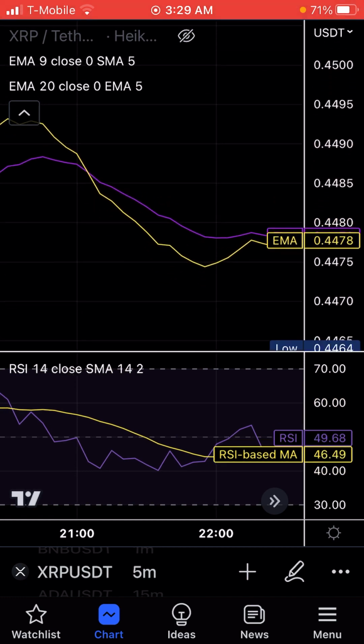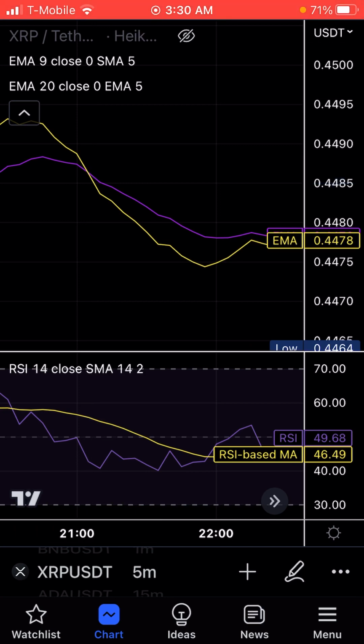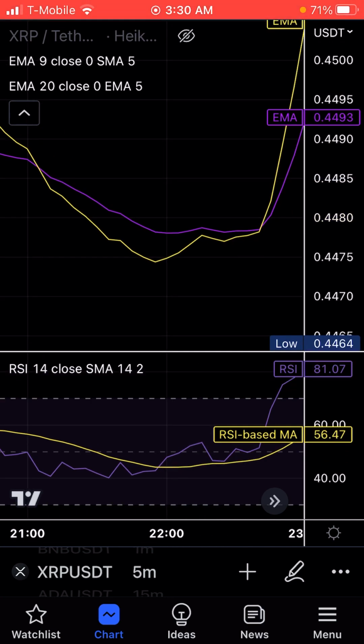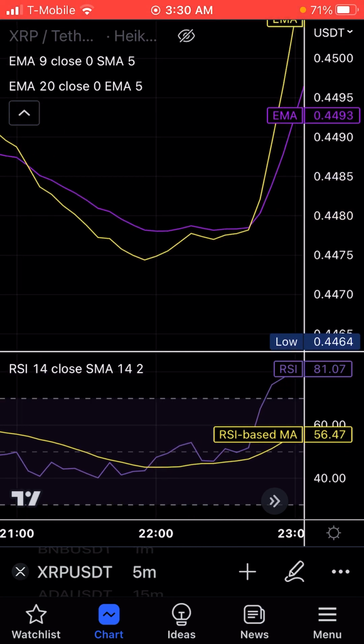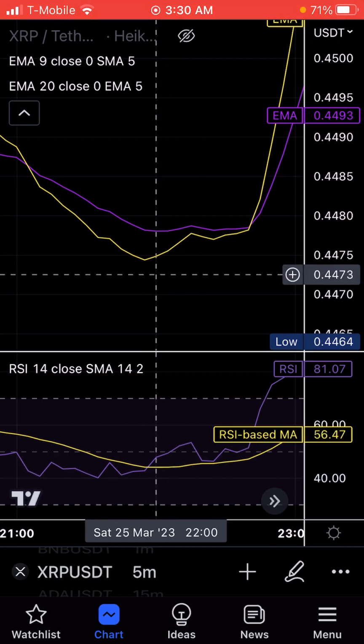If you want to find a good exit point, look at the first time it crossed, and then you can also look at your RSI when the RSI starts peeking through the yellow line on the bottom here. That's a good point to get out. But anyway, that's the